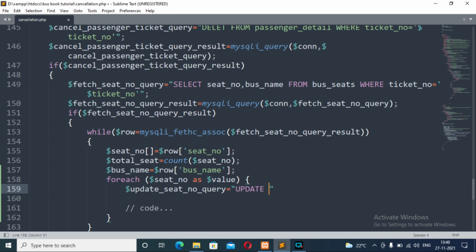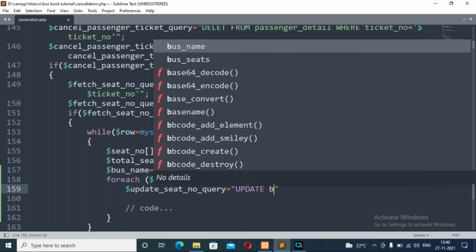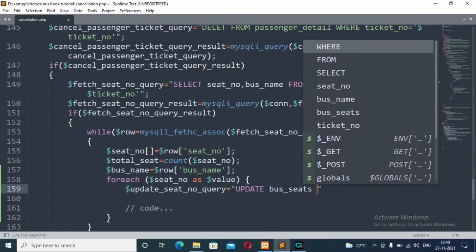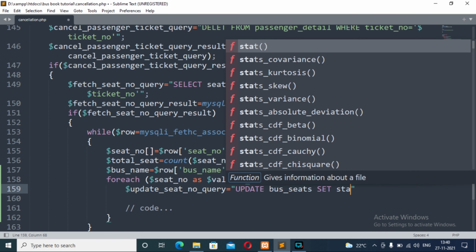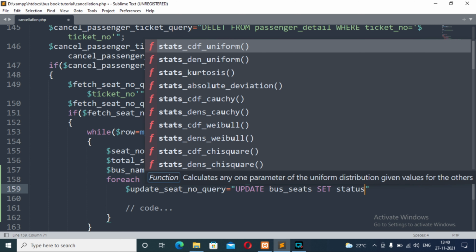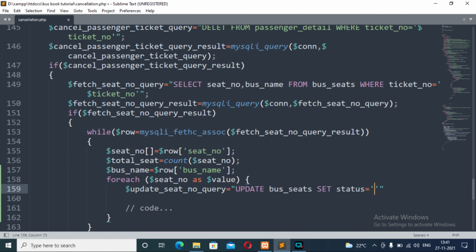Update bus seats set status equal to not booked, where